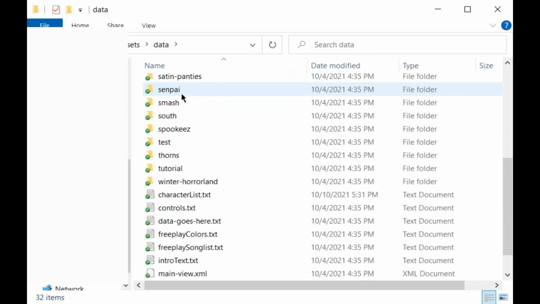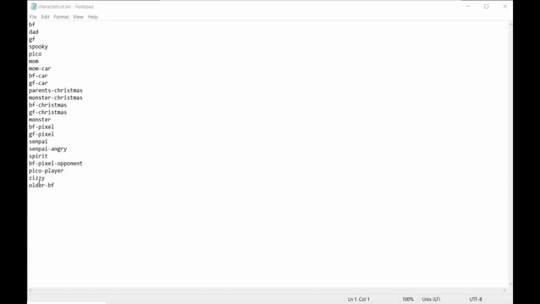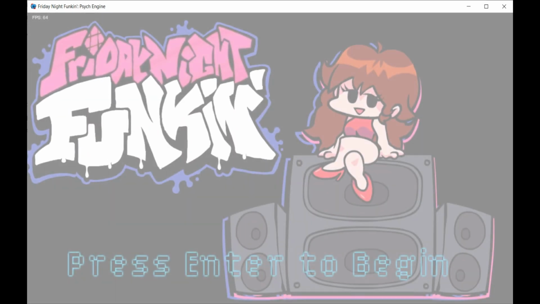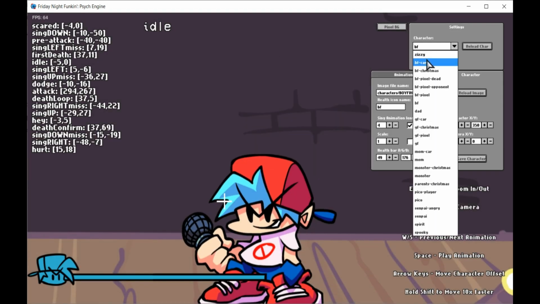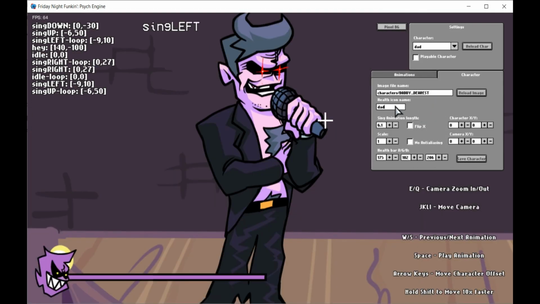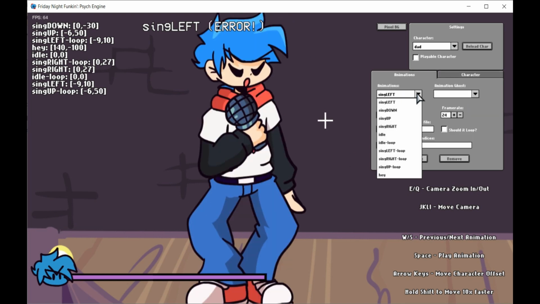Now go to Assets, Data, and add your character name to the character list file and save it. Boot up Psych Engine and when it loads up, press enter and then 7 when the menu loads up. Go to Character Editor, select an opponent to use, and add all of the info of your character like so. You can also change the offset just by using your arrow keys. After you fix everything, go and save the character and put the JSON file in